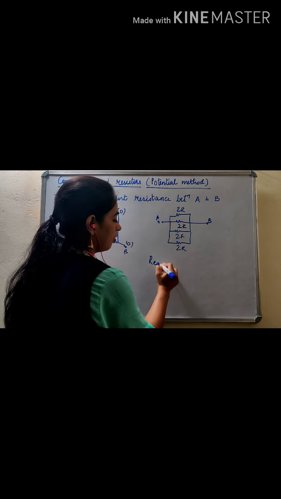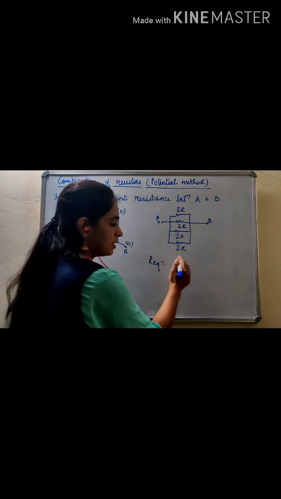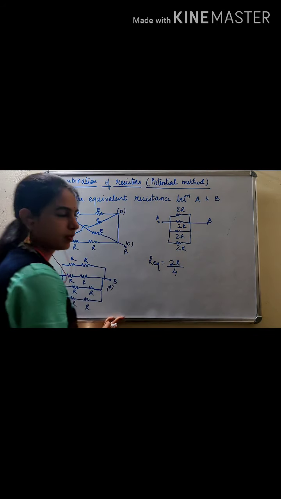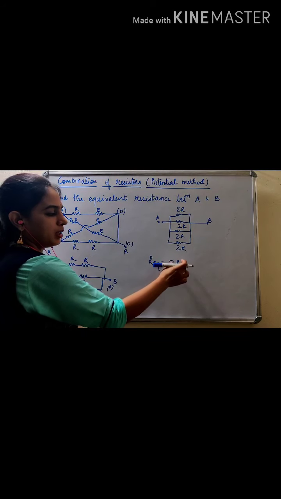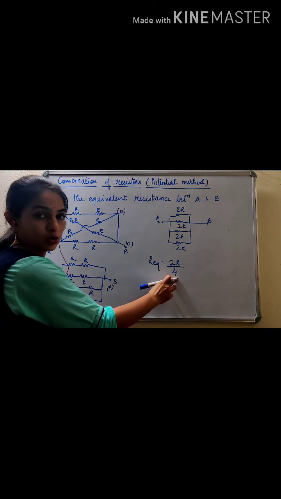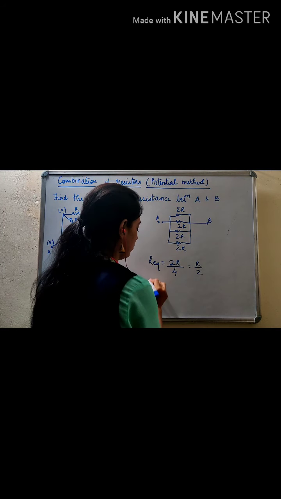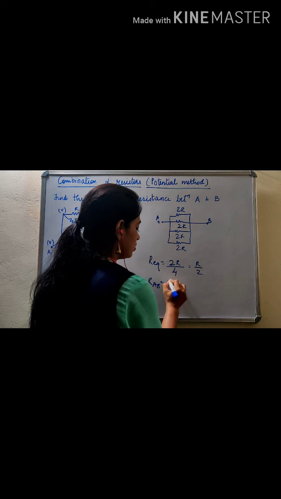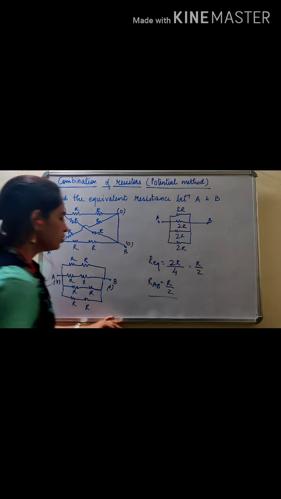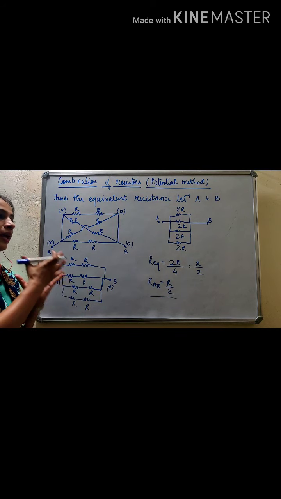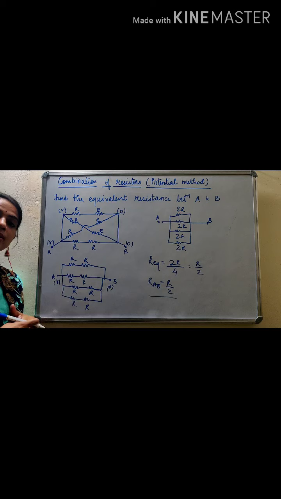Again we can write R equivalent is the resistance value divided by the total number of resistors. Okay, so the resistance value in parallel is 2R, the number of resistors is 4. So R by N. So 2R by 4, that will be equal to R by 2. Therefore RAB is equal to R by 2. So this method is pretty easy compared to series and parallel, and this will be very useful. Even though series and parallel combinations you can also solve by the potential method, right? Let's take the next question.